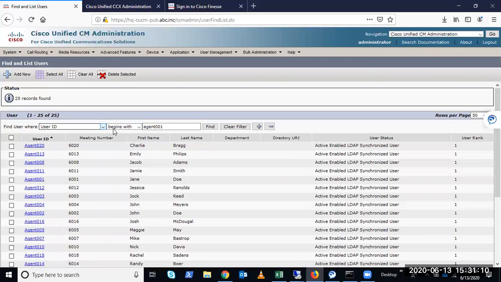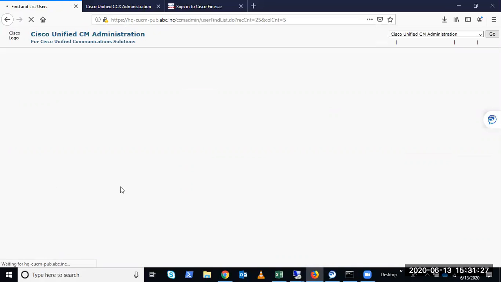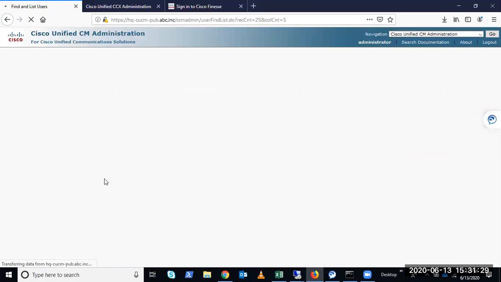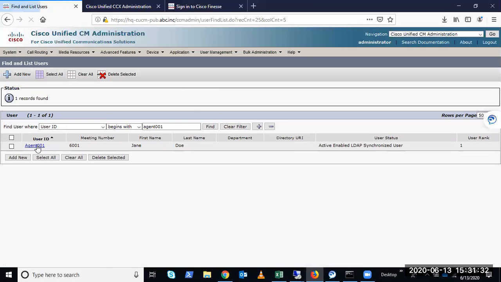So I'll say user ID begins with agent 001. I have put the exact name of my agent, which is right here. I could have searched for it, but I just wanted to show you that you could filter it this way as well. Once you're here on the user page,